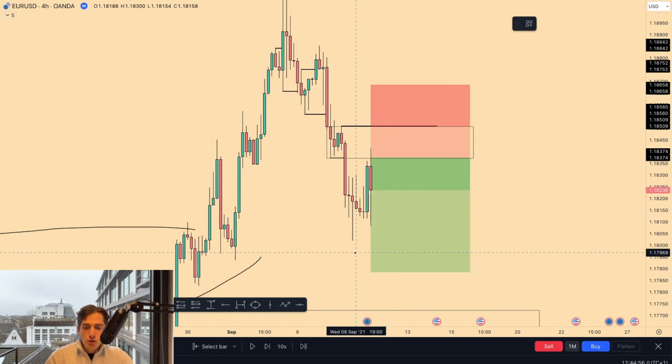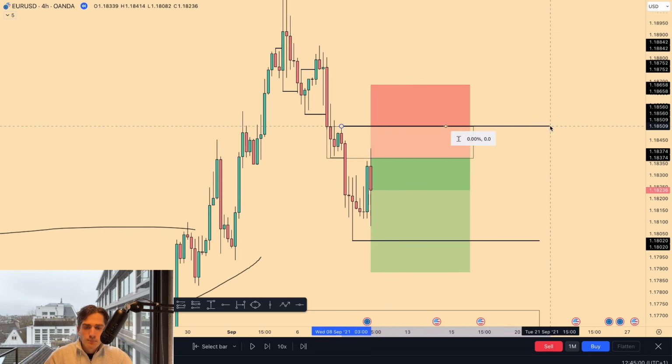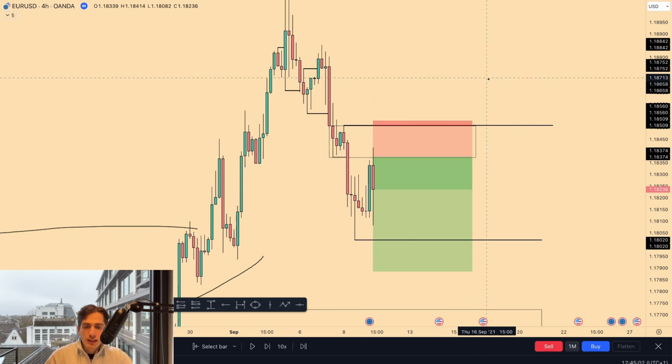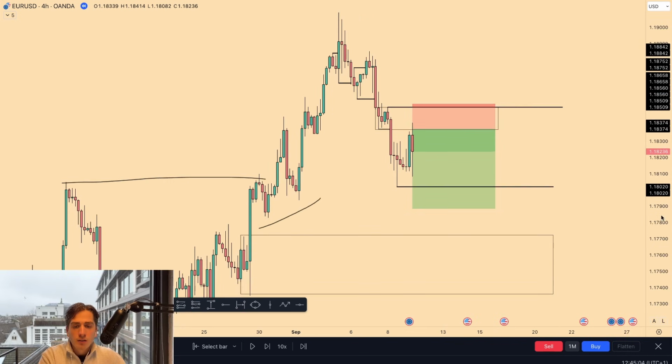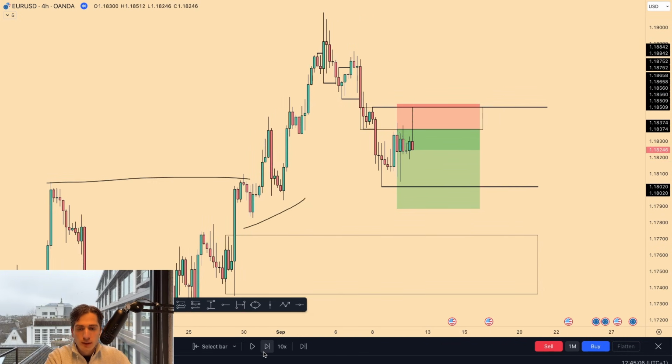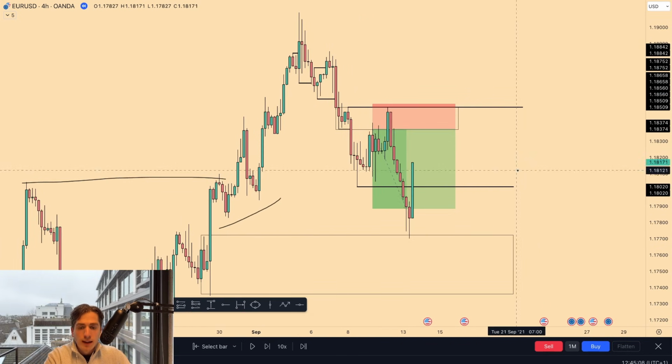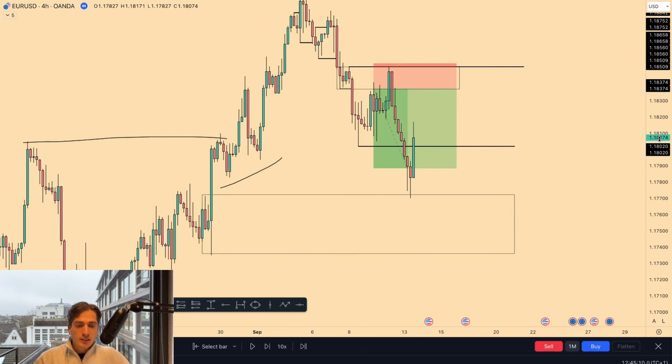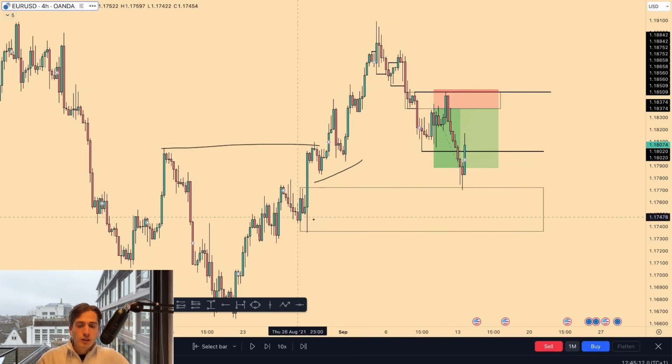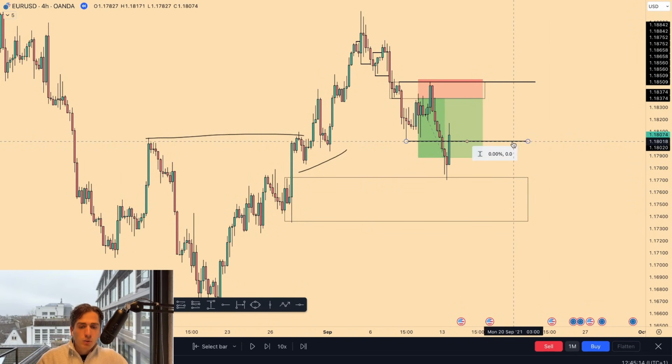Again, your fractal structure is from this low and this black line high over here. We see a retracement into that supply zone, and then from there, what happens? The market starts to push down again. And then again, we break the low, and as you can see, we then tap in towards that higher time frame area of demand. Now at this point in time, the fractal structure is still bearish, because after the break